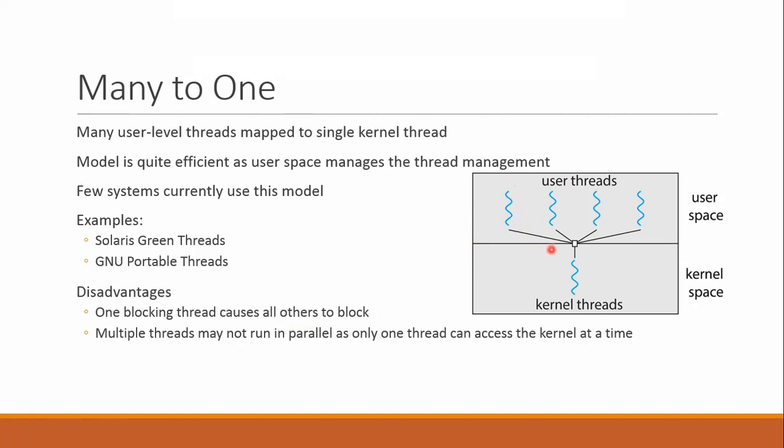The reason is because kernel thread is unaware of the multiple user threads. So if one thread makes a blocking system call, it will block the entire process. Moreover, multiple threads may not run in parallel as only one thread can access the kernel at a time. This model also cannot take advantage of multi-core or multiprocessing processor architecture